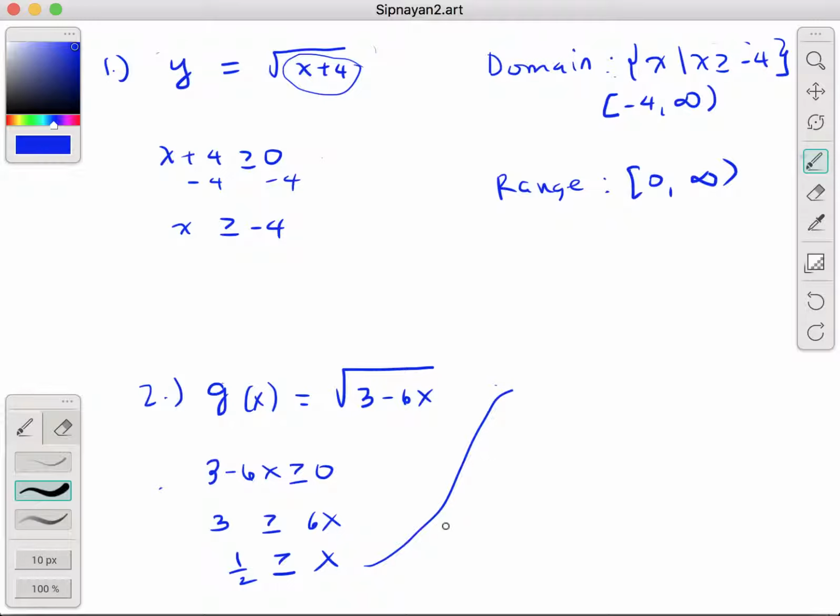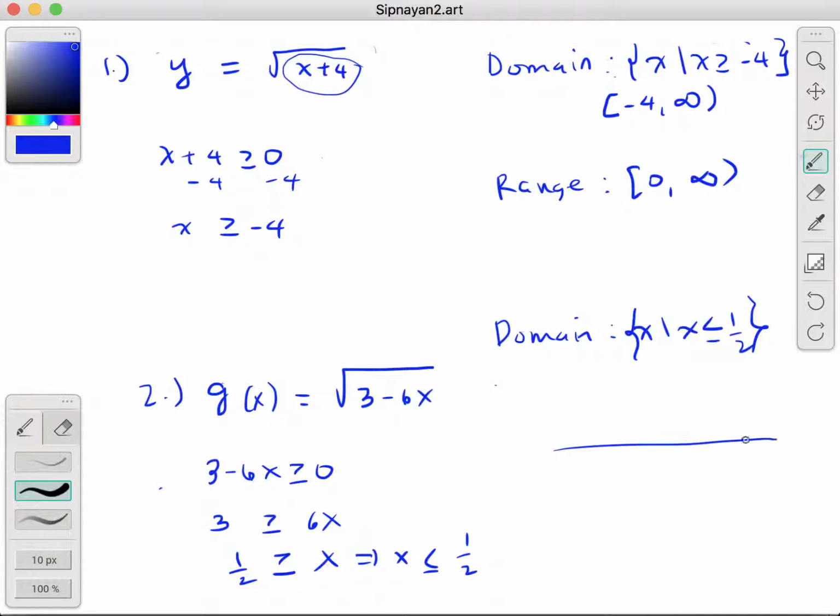Or one way of writing this is, pag ang 1/2 mas malaki sa lahat ng x, meaning, another way of writing it is x is less than or equal to 1/2. So, yung domain natin, the domain, x such that x is less than or equal to 1/2. Or, in